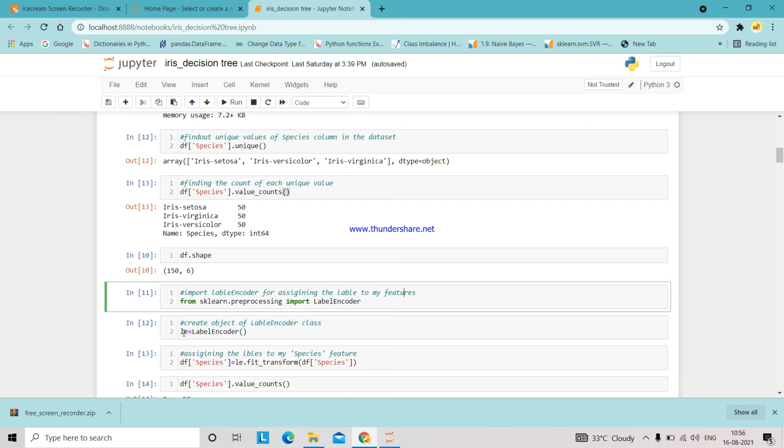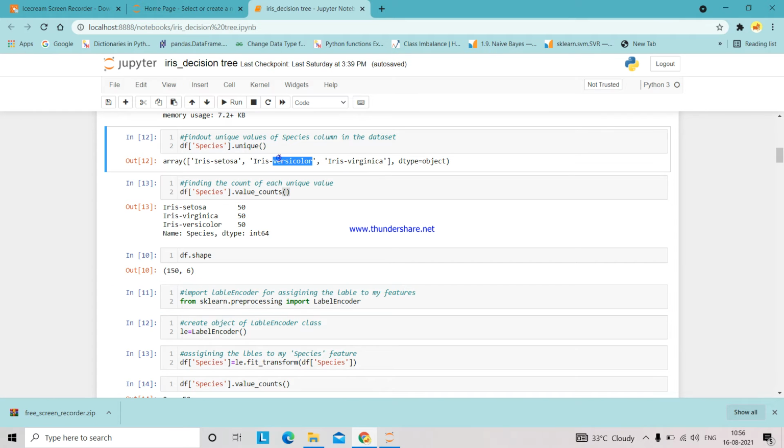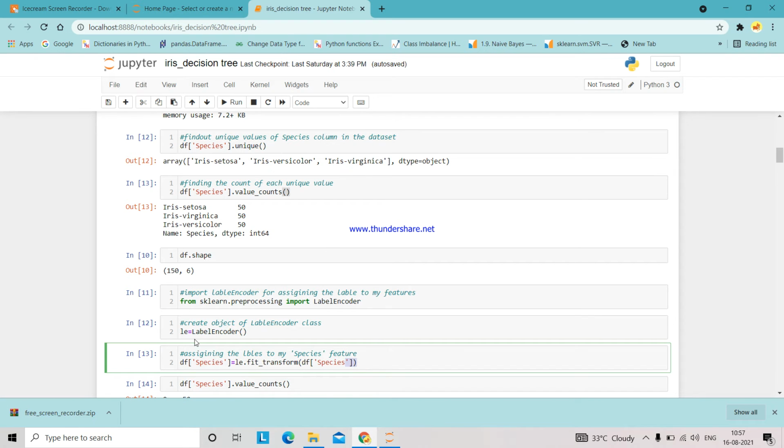By using this le object I am encoding the species values. What are the species values we have? Iris-setosa, Iris-virginica and Iris-versicolor. These three we have. For that I am labeling them with int type values using the label encoder. By calling the le.fit_transform function, I am labeling the species.